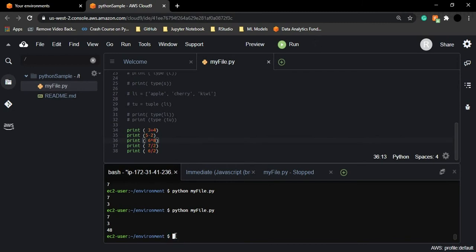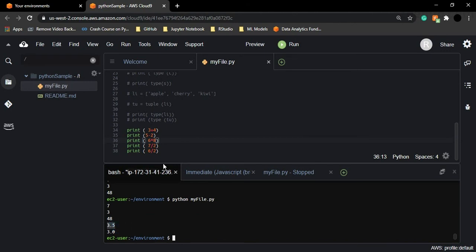Let's see what it brings us as the result. So you can see in the first case 3.5 is produced, which is absolutely correct. However, in the second case 3.0 is produced, which is also in the floating type, but 3 would have been sufficient. Right? So this is what we wanted to tell you through this division operator, that it always returns a float